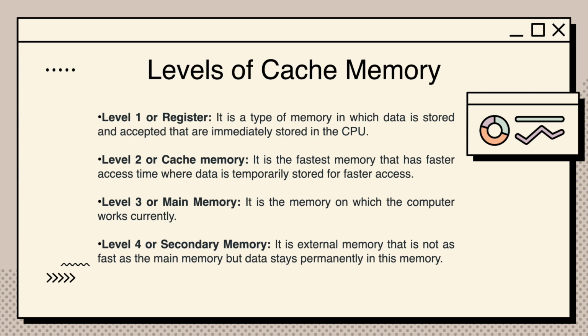Now we will talk about the level 3 cache, which is the third layer of cache in computer systems, typically located in the motherboard or a separate chip on the CPU package. Level 3 cache is larger than level 2 cache but slower than level 1 and level 2 cache. It has a much higher capacity than level 1 and level 2 cache, typically ranging from several megabytes to tens of megabytes.